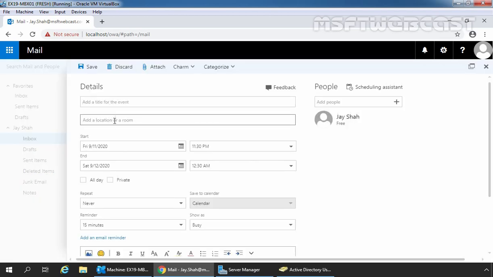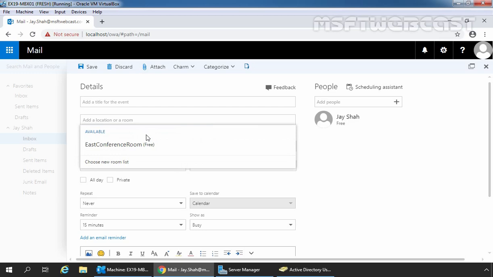Click on Add a location or a room and click on Add room. And here we can see the room list is there, MSFT Webcast-room list. Let's click on it. Under that we have one room mailbox, which is East Conference Room, and it is free at this point. Using this room list, users can get the list of available room mailboxes in the Exchange organization.